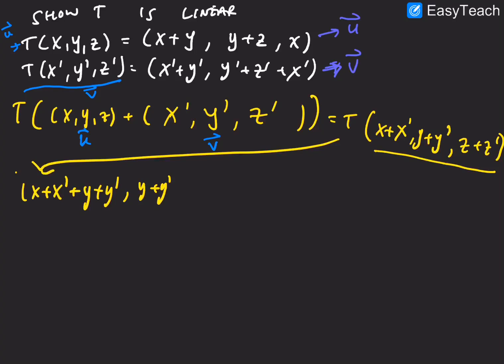And then y plus y prime plus z prime. And then that's x plus x prime. And I'm going to point something out. I almost used a black color. You definitely will not see it on the black background. So